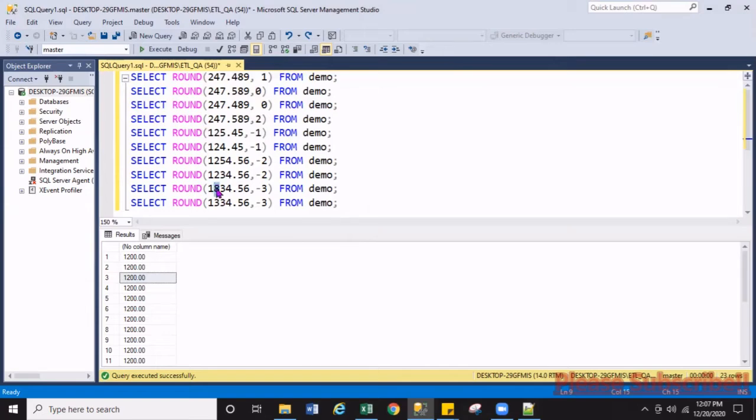So what happens is it will add one to the number just to the left, and the rest of the numbers on the right become 0. In that situation, it will add 1 here and it becomes 2, and all the other numbers become 0. So it will be 2000. If you see here, it becomes 2000, right?